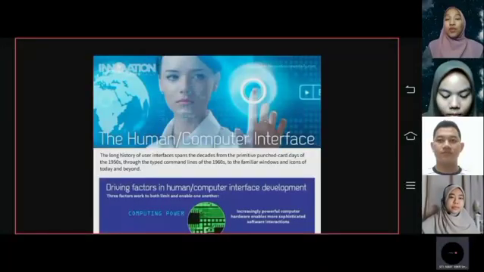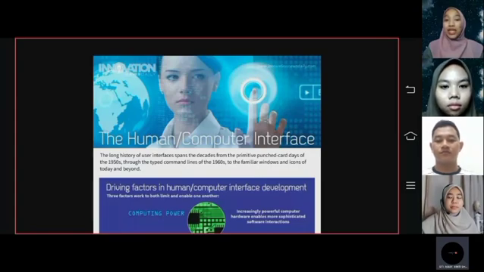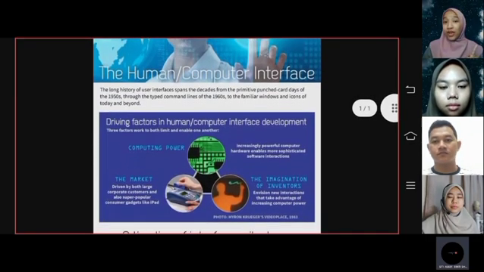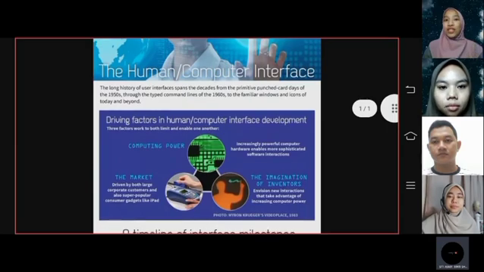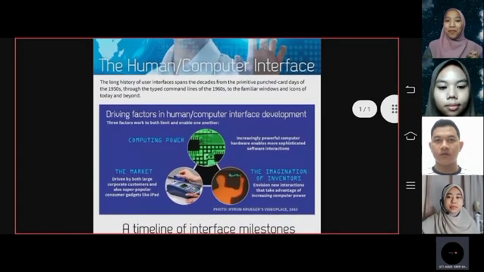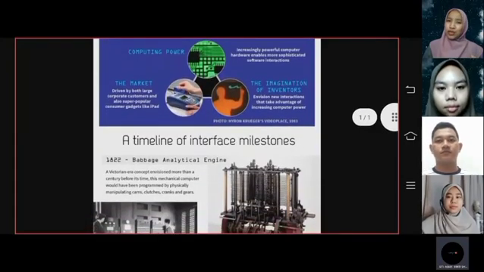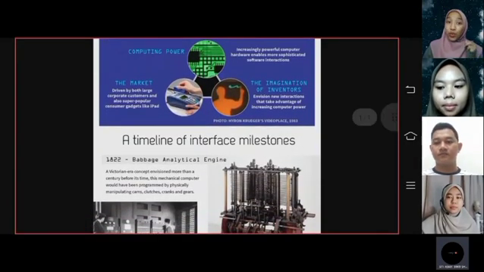So for today, we will make a presentation on our selected infographic with the title How the Human-Computer Interface Works. In short, this infographic has been divided into two parts under the heading of Human-Computer Interface. The first part describes the driving factors in human-computer interface development, while the second part tells us about the timeline of interface milestones. So, our first impression when looking at this infographic is that it is not a really good infographic